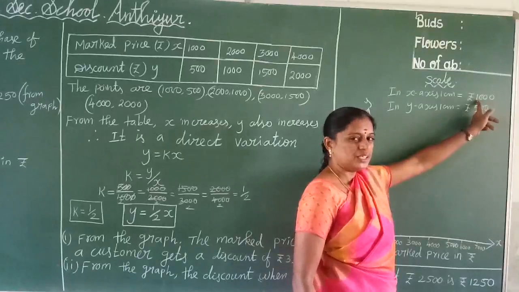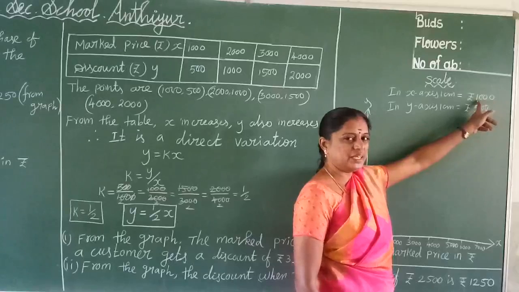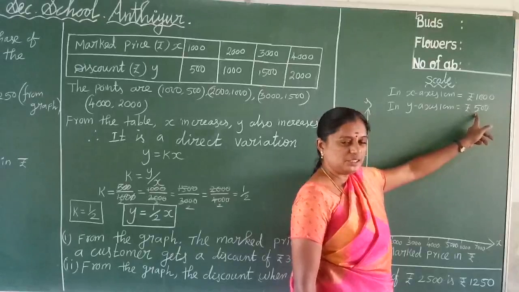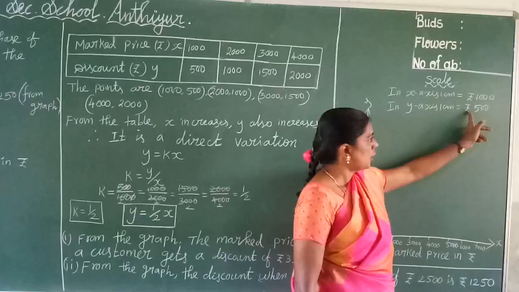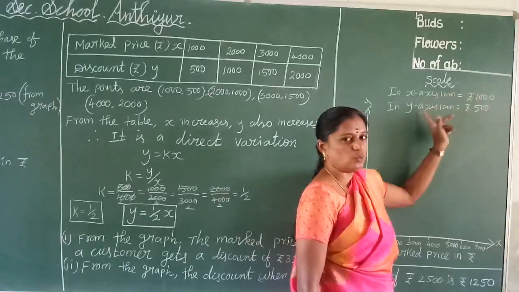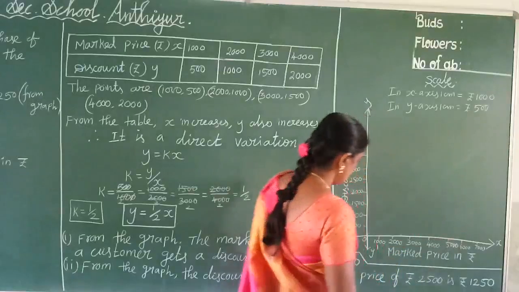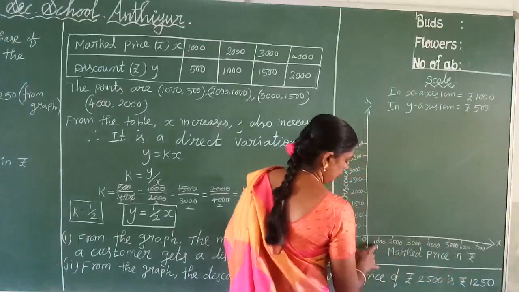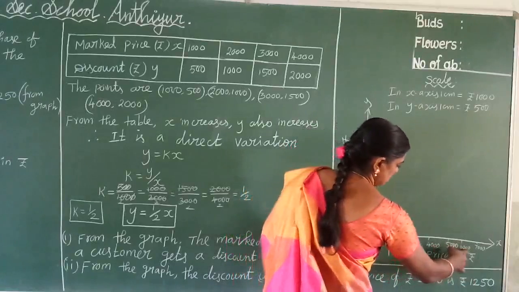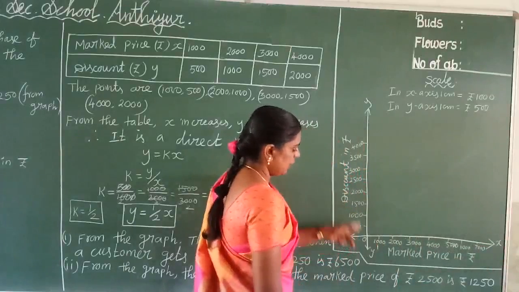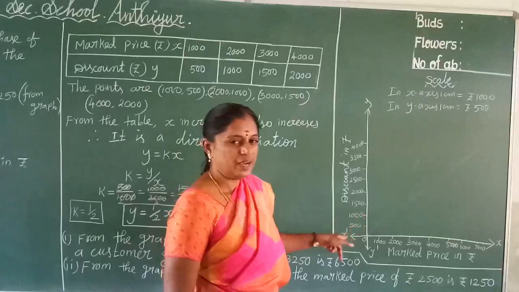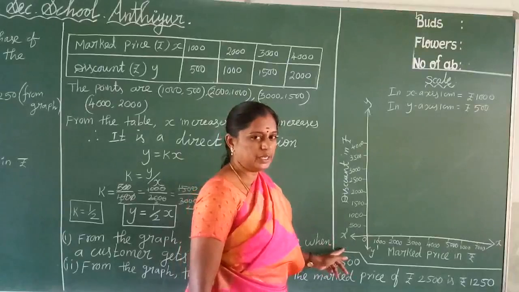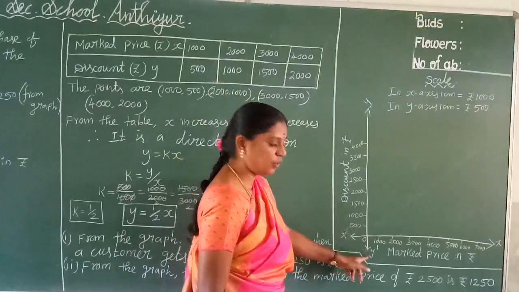See whether your graph allows it, then select it. Otherwise you take 1000. Is it possible, then take it. Otherwise you take 500. Now we take the x-axis as rupees 1000 and the y-axis as rupees 500. Mention the x-axis as market price in rupees, with units 1000, 2000, 3000, 4000, 5000, 6000, 7000. Here there is no need for negative values, only positive values. So no need to take negative axes on the x-axis and y-axis.